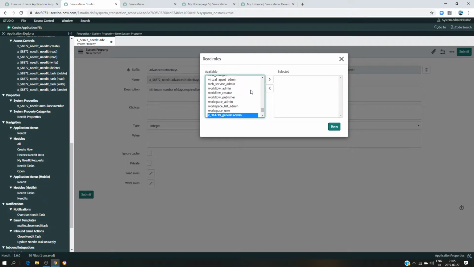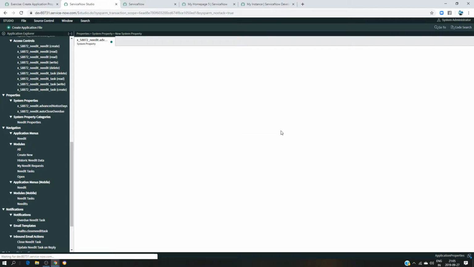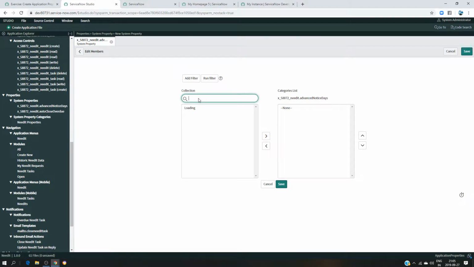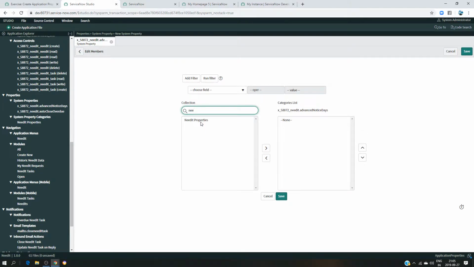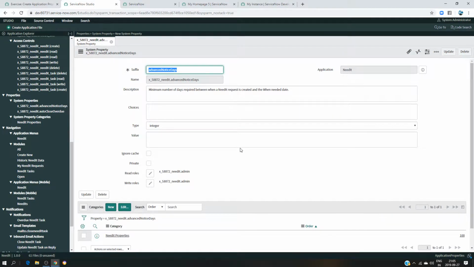So I'm going to make sure this one is selected here, and as well this one is selected here. Okay, I'm going to submit it. Okay, so I have created this property, and then I have to make sure it goes under the right category. So the category is going to be IT properties. Okay, great. At this point we have created the two properties under the right category, need IT properties, but